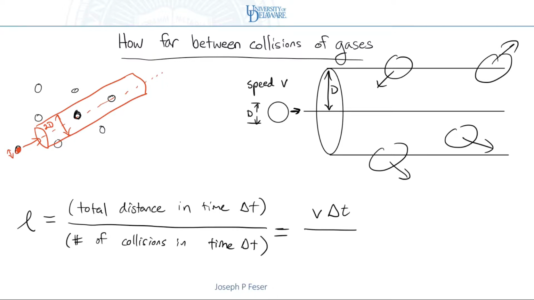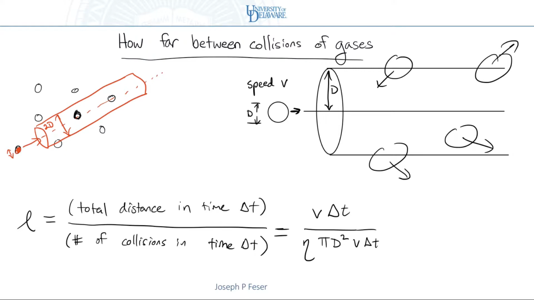Well, let's think about this. How would we calculate that? Well, that is basically the number density of atoms, so the question is how many atoms are in the cylinder that's swept over time delta t. So the volume of that cylinder, I'll write it this way, would be the number density of atoms times the volume swept in time delta t, but the volume swept is pi times d squared, so that would be the area times the distance, v times delta t,